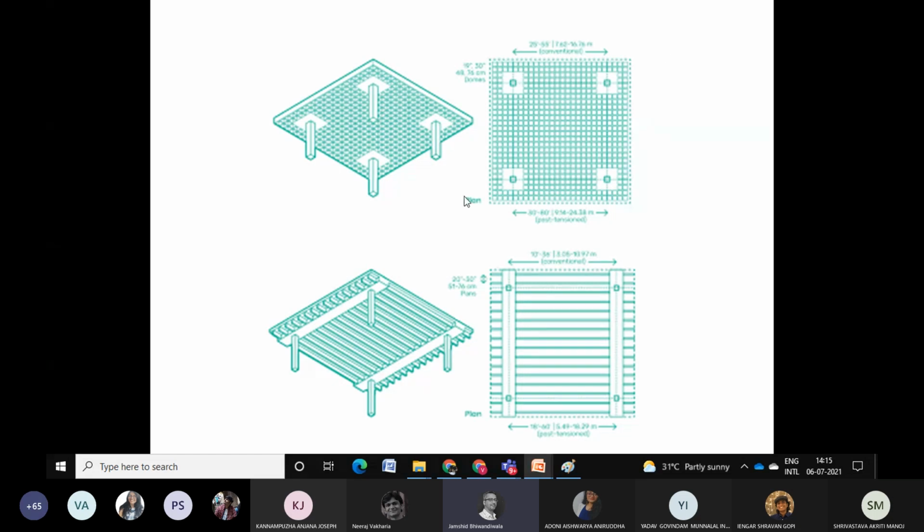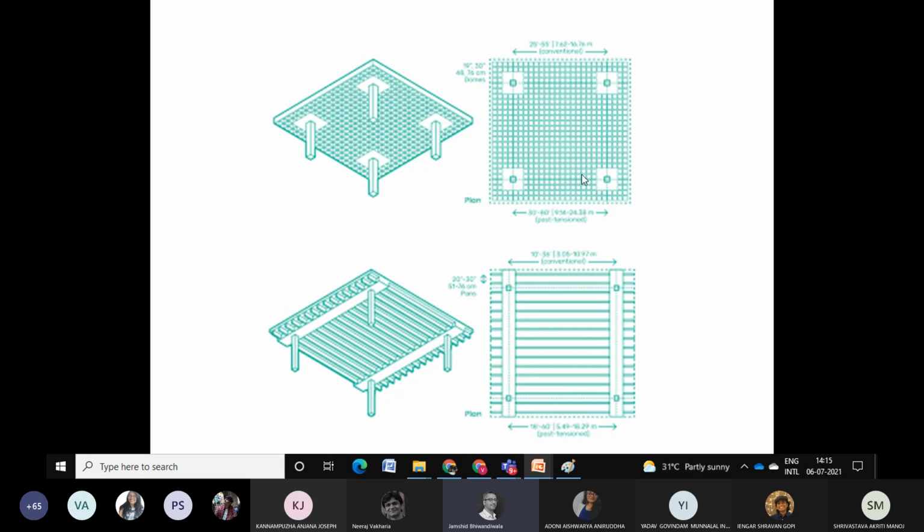squarish, and I can have large spans in what we call a waffle slab. These spans can go right up to 12 and 15-meter spans, as compared to your two-way slabs, which were just 5 and 6 meter bays. Now these are 3 times larger. Between 12 and 15 meters is common, and it can go right up to 18 meters. 18-20 meters is what two-way ribbed slabs can go to, because your ribs are in both directions.